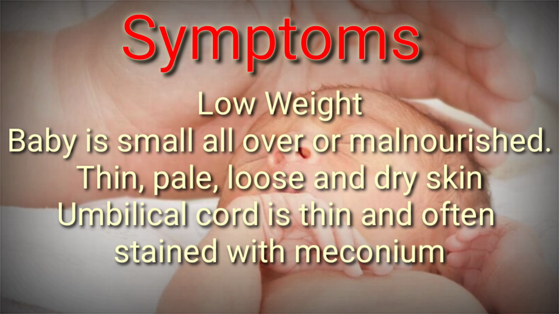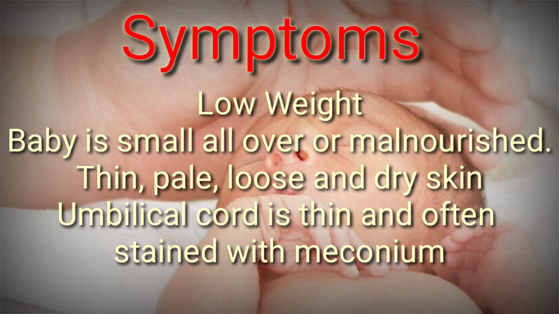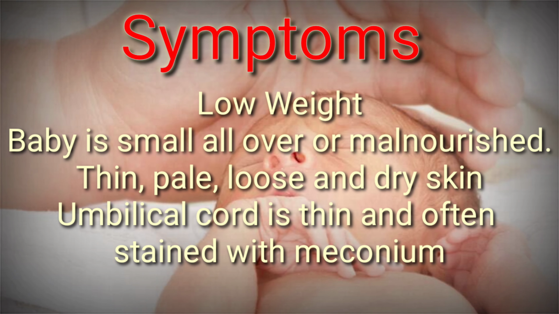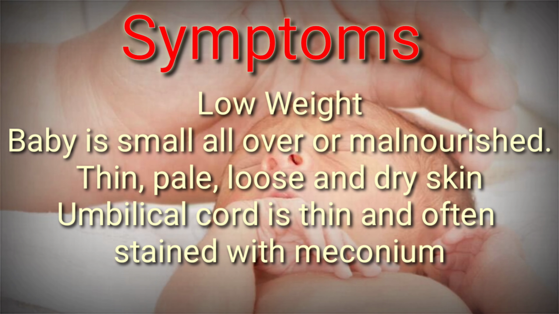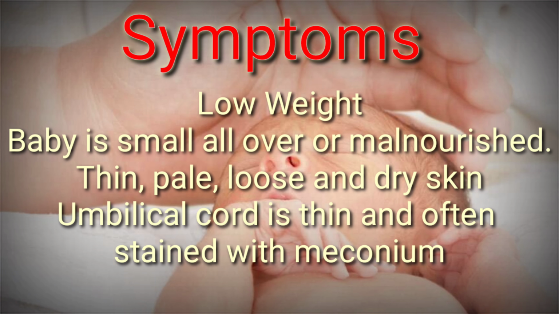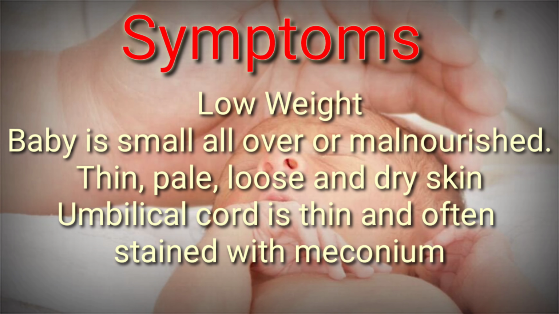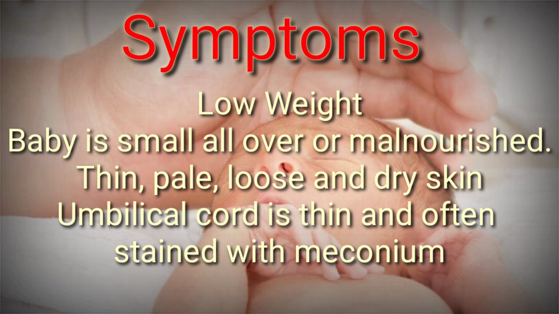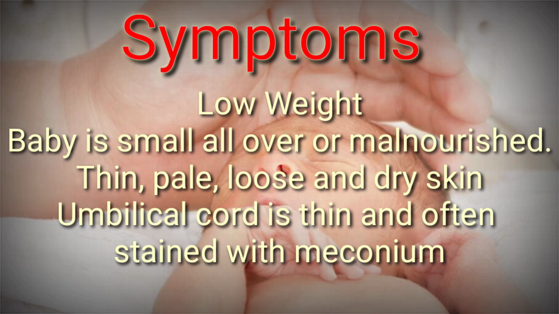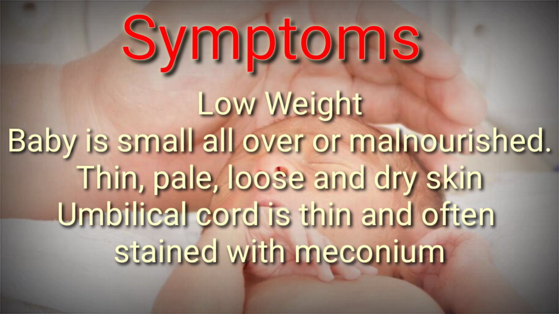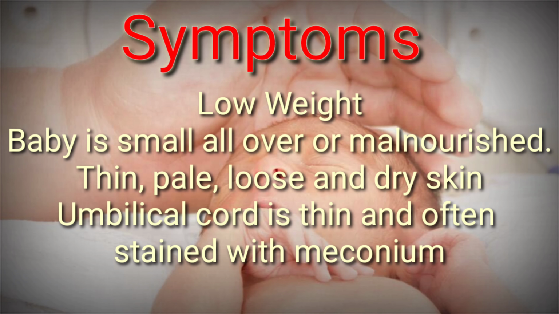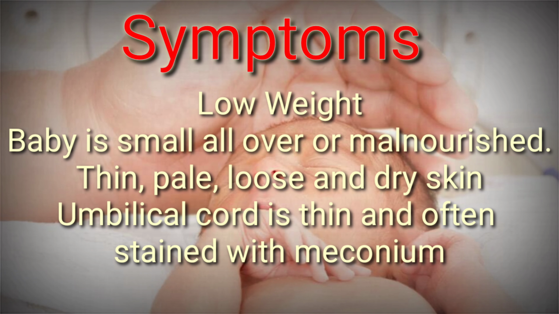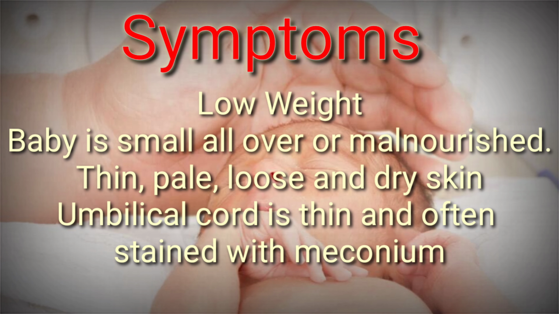What are the symptoms of IUGR? The main symptom of IUGR is a small for gestational age baby. Specifically, the baby's estimated weight is below the 10th percentile, or less than that of 90% of the babies of the same gestational age. At term birth, symptoms of IUGR are that the baby is small all over or malnourished, thin, pale,